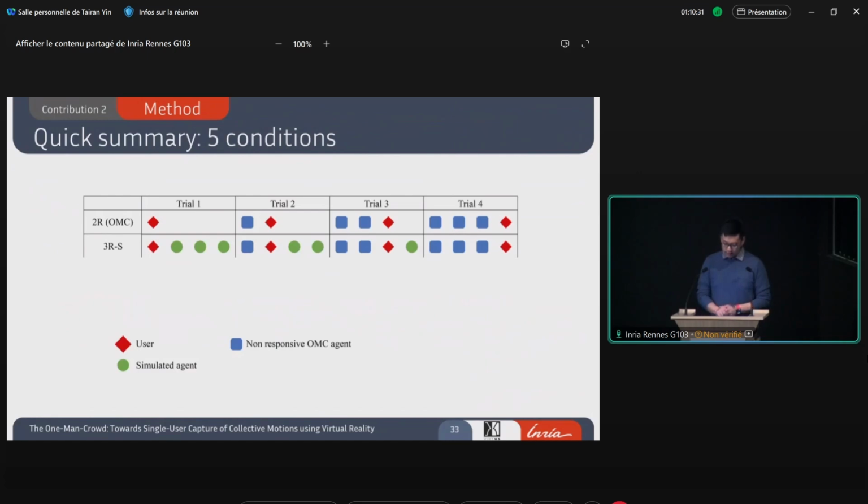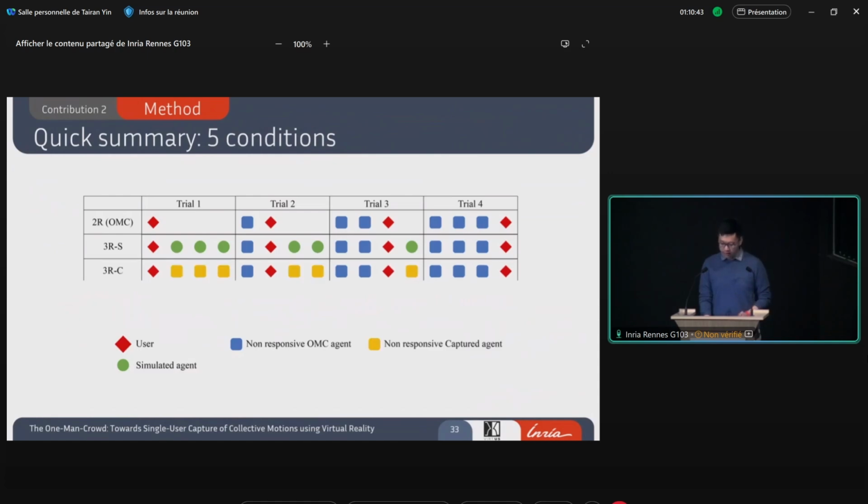Then we have the 3RS condition. The difference is that this time the scene will be full of agents even during the first trial, and the user's task is to replace the simulated agents one by one. Based on the same idea, we can also have a 3RC condition, where the contextual agents are created by reanimating real-world trajectory data, which this time makes the contextual agents non-responsive to the user.